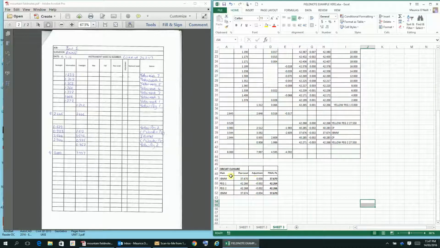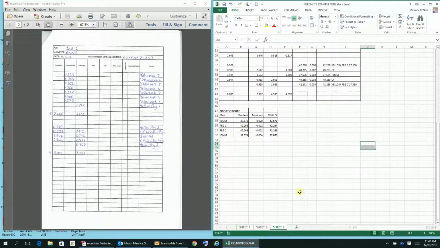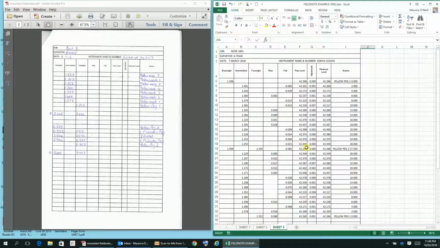And then that gives us another little circuit from IBMM to peg 1 to peg 2 to IBMM. We're noting that peg 1 and peg 2 are almost level, within a couple of millimetres, so that's why the adjustment like that. Remember that adjustments in levelling are cumulative. So that brings us to bang on 40 minutes, which is quite a while, but I'm hoping that it's worthwhile